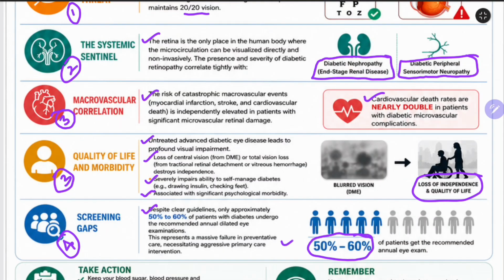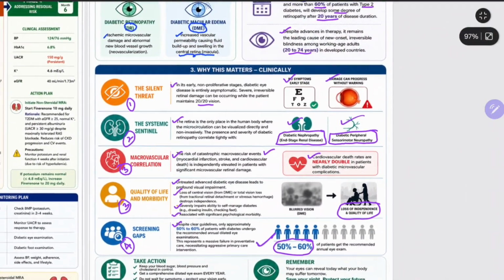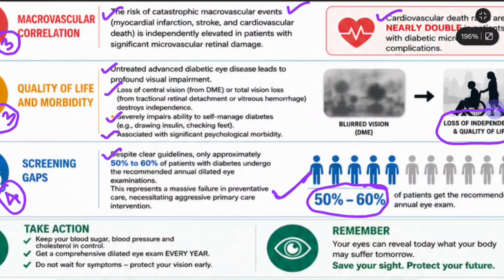Very important, and in practical life we see these things very much. Seeing only the eyes can predict many things in patients with diabetes mellitus, as we have discussed. Like if eyes are not good, then kidneys are also not good, then the nerves are also not good, then the heart is also not good. Okay, these things we can predict by diabetic retinopathy, and we can prevent development of sudden onset of irreversible vision loss in the patient. So these are the reasons we should study. In the initial stages, it is asymptomatic. So annual dilated eye examination is very important.